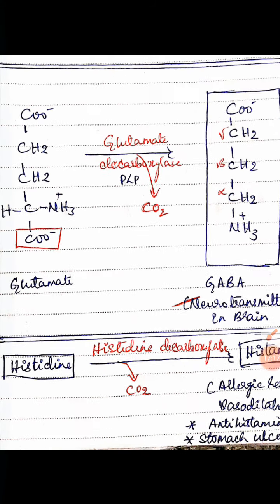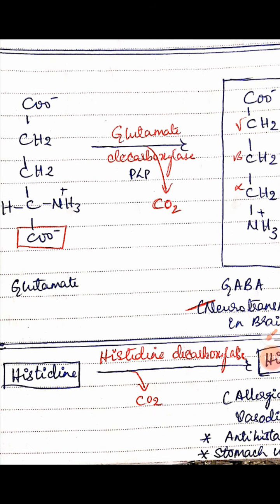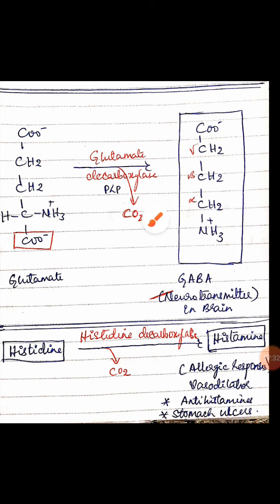So for that you will have to take glutamate. You know what is glutamate? Glutamate is nothing but where R group is CH2 twice CO minus. You take glutamate as an example, use glutamate decarboxylase, remove carbon dioxide and form the ethanol amine. What ethanol amine? You get this kind of ethanol amine, which is nothing but GABA, that is alpha, beta, gamma, gamma amino butyric, 4 carbons, butyric acid, gamma amino butyric acid.